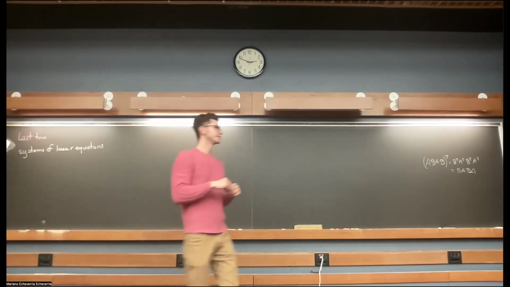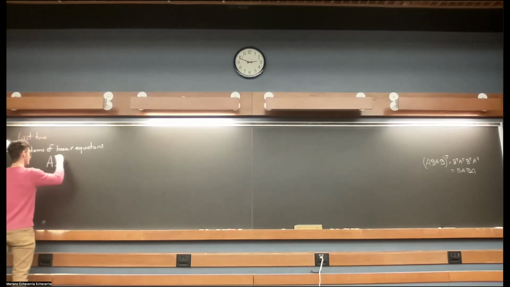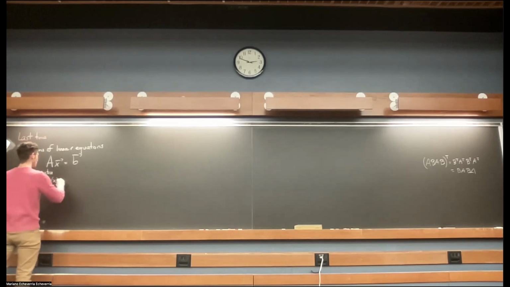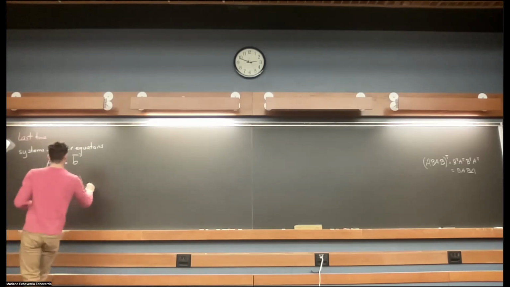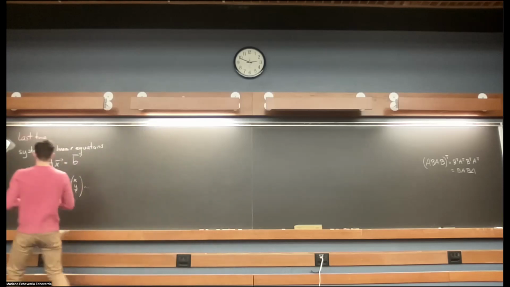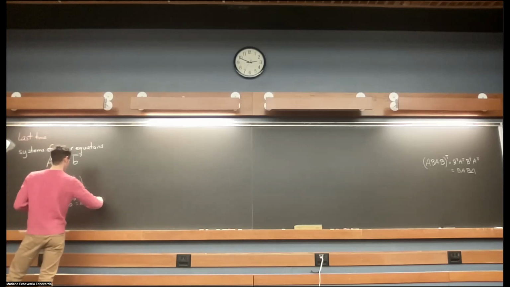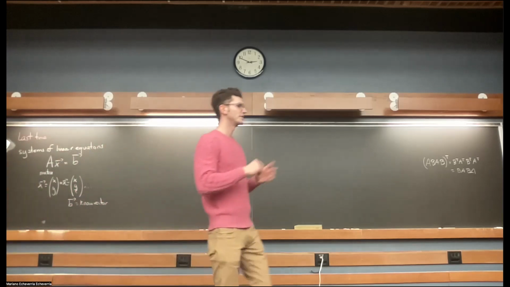The idea is that you can always write the systems as AX equals B. So A here is a matrix, X is the vector of variables or unknowns, so it's like X, Y or X, Y, Z, etc., whatever you need. And B is a known vector in a sense. Okay. So one way to think about the system of equations